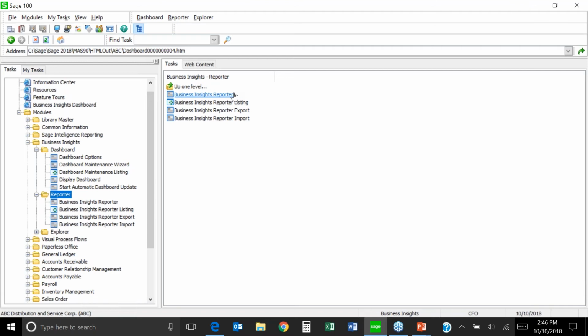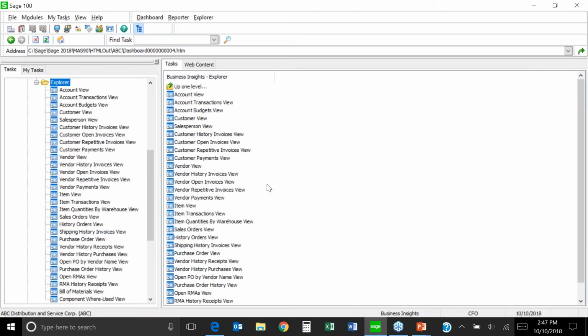But if you do not know how to use Crystal, or you prefer not to use Crystal, you can use this Business Insights Reporter to create quick reports. Also, you have the ability then to add those to your menu within Sage, which we talked about. And then we have the Explorer, which basically is lots of different custom views within